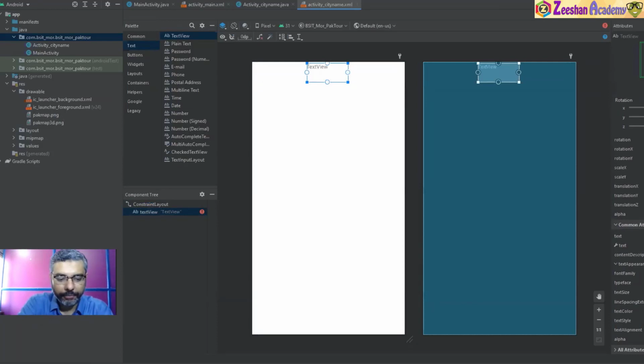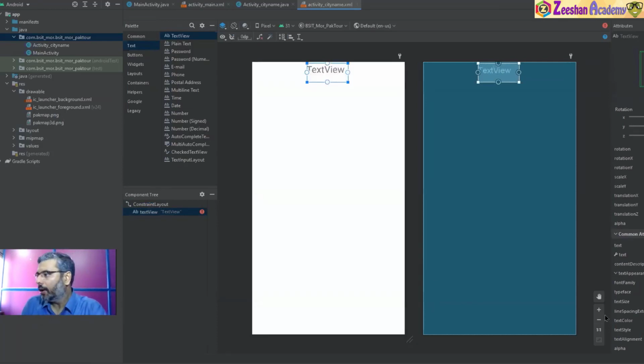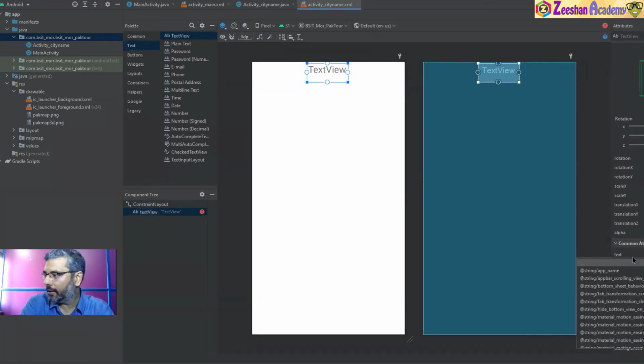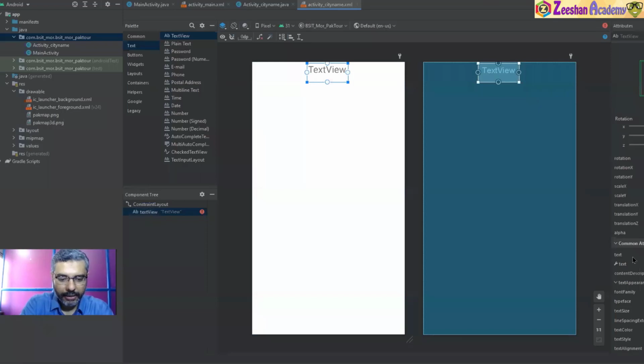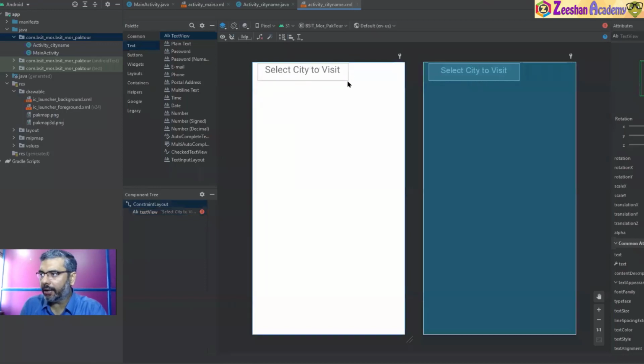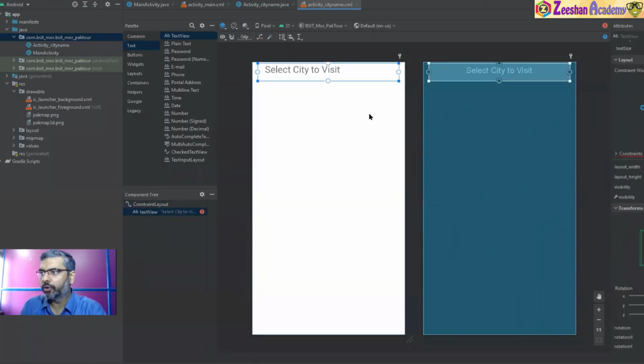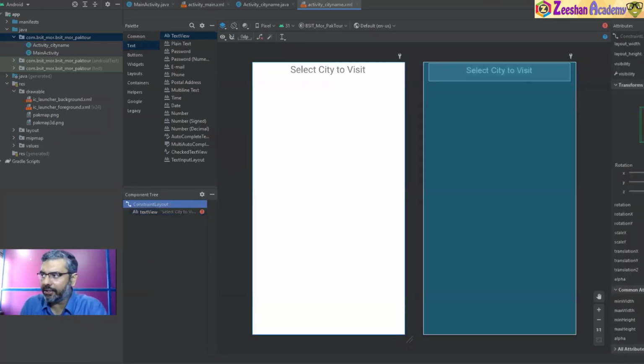इसको हमें फॉन्ट दे देते हैं हम, फॉर एग्जांपल 25 SP. ओके, और इसको भी हमने सेंटर कर दिया, और इसका जो हमने यहाँ पे टेक्स्ट का नाम था SELECT, सेलेक्ट सिटी टू VISIT विजिट. ठीक है, तो सेलेक्ट सिटी टू विजिट, और अगेन यू सी दीज बॉक्सेस. इन बॉक्सेस को पकड़ के हमने इनकी जो थी अपनी इसको बड़ा कर दिया. नाउ अ क्विक trick with constraint layout is that once you have a constraint layout, that